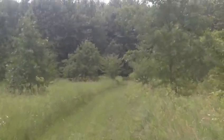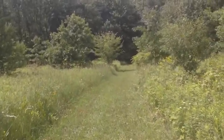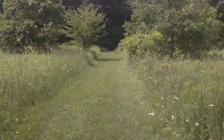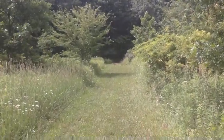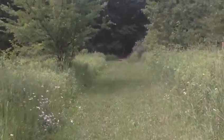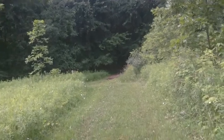Like I said in the other parts of this video, this park does have some major plans for it, but for now they just don't have the money to do anything. The city of Battle Creek is really low on funding, and they can't ask them for any money to help out. So if there's anybody that's willing to pitch in and donate some money to help out this park, hey, do so, man. This park would really appreciate all the help they could get to fix it up, because their major plans is